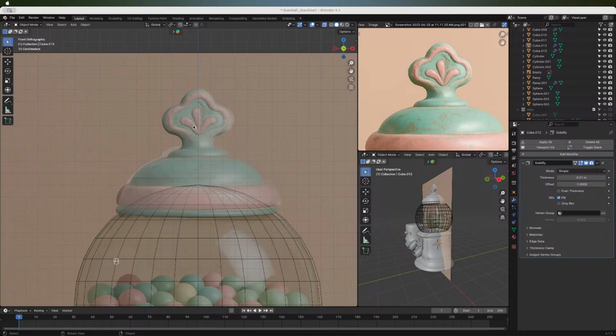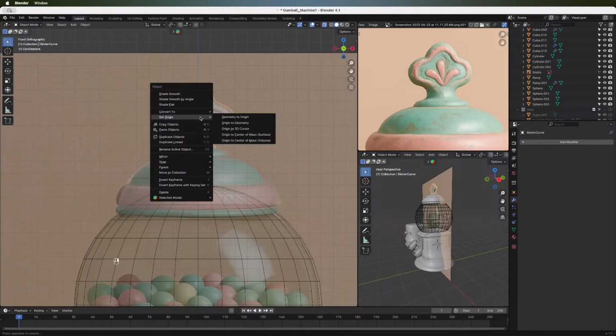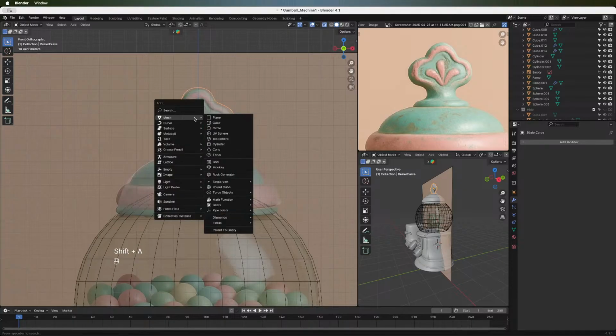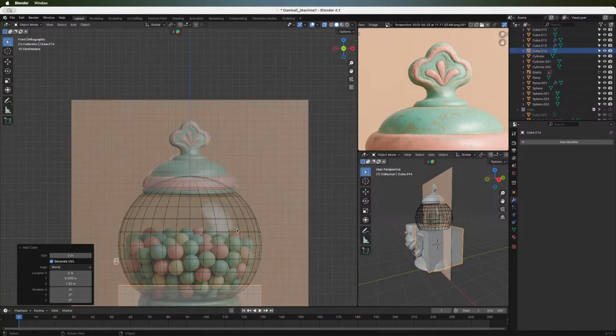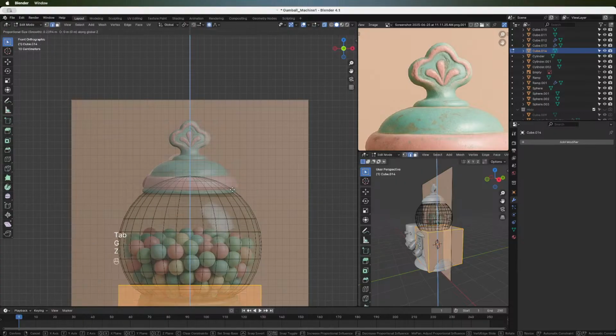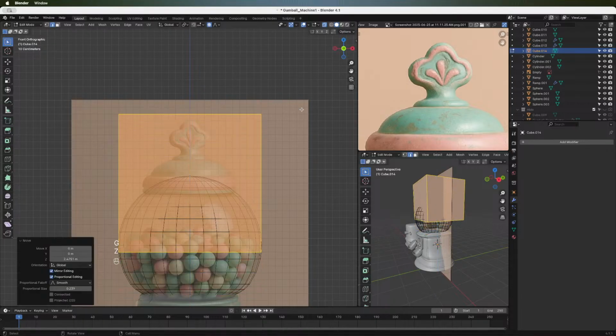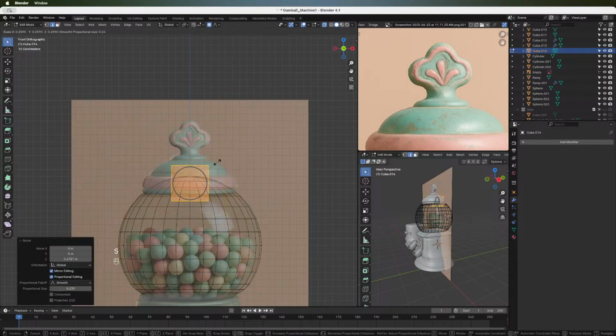Okay. So what do I want to do for these little curves here? So, we could just do some subdivided cubes. We'll just do that. So let me see, tab into edit mode, grab on the Z, scale her way down, grab on the Z. We are going to use proportional editing, so